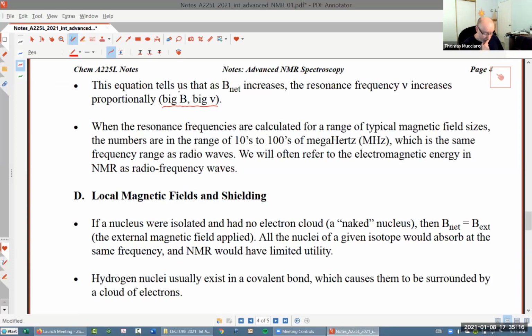Now, the other thing I want you to know is a little bit about these electromagnetic waves that are going in there. It's not completely totally random. Once we have these equations, we can calculate, if I put this magnetic field, what range of frequencies would be absorbed. And what we see is that the frequencies are in the range of between the high tens, so like 60, 70, 80, 90. I've seen them as low as 40, okay? But then up into the hundreds, so 100, 200, 300, 400. And the biggest,